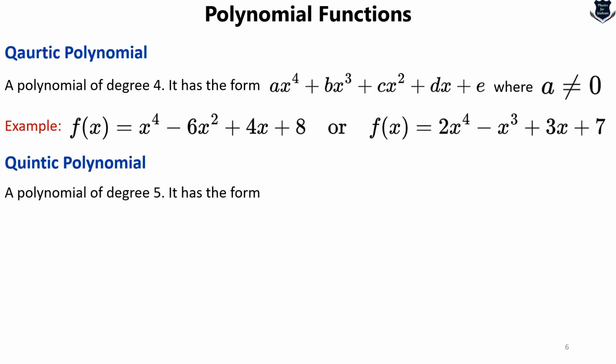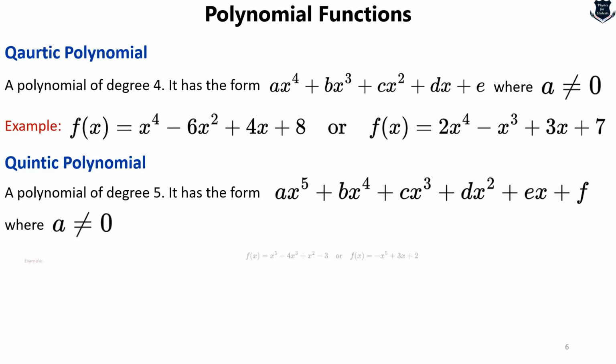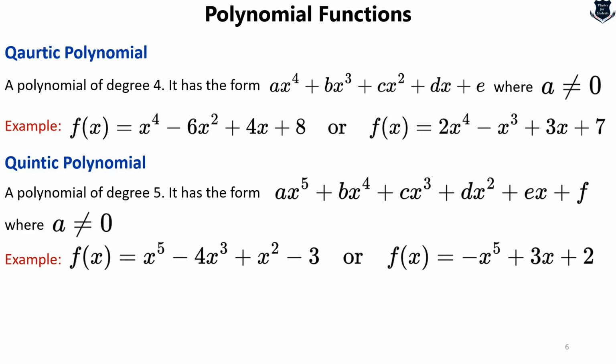Next comes, and this is not really much used in terms of real life application, but still it is very important, the quintic polynomial. It has degree 5, and it takes this shape: ax^5 plus bx^4, and so on. The example would be where a is not equal to 0 and f(x) = x to the power 5, etc. Now this graph has up to 4 turns because it is a quintic polynomial of degree 5. So you can see a complex curve with up to 4 turns, which could have different types of shape, again depending